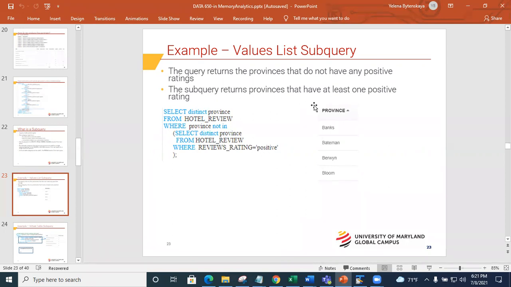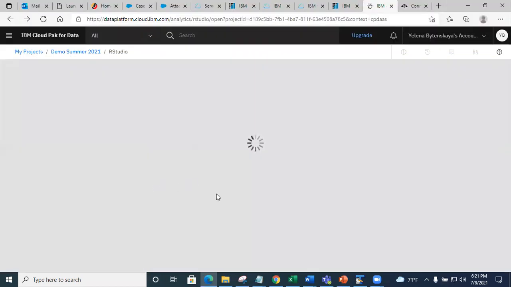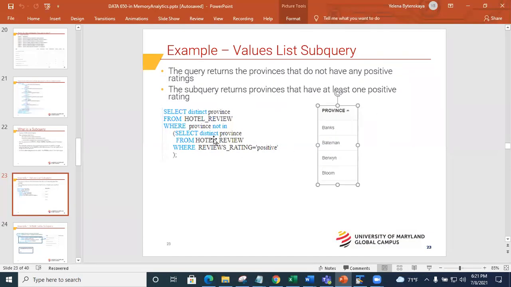So the subquery returns the provinces that have at least one positive post, and this is doing NOT IN. But in general, keep in mind that NOT IN is slow if your list is huge, but in this case, it's just a few values, so you were fine.